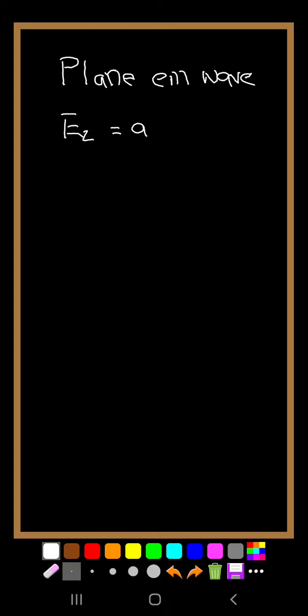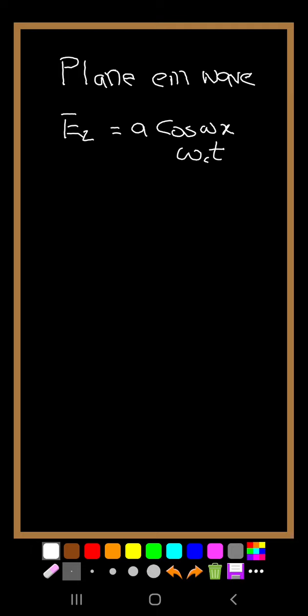Hello students, so we'll do a problem on electromagnetic theory. So it has been asked that for a plane electromagnetic wave, the electric field is given as Ez equal to A cos omega x into omega c into t,